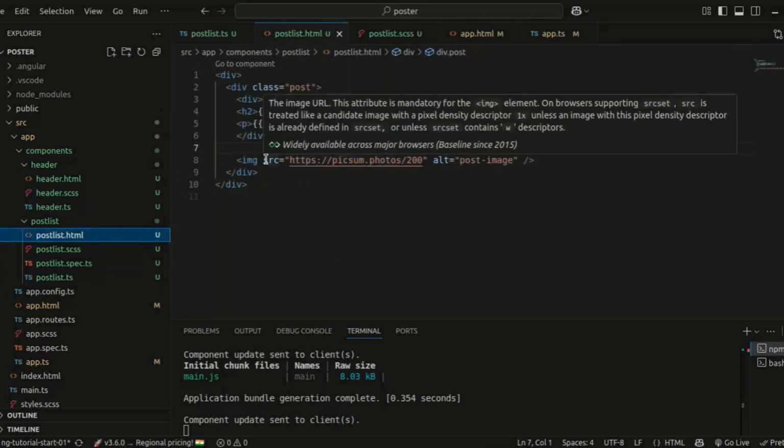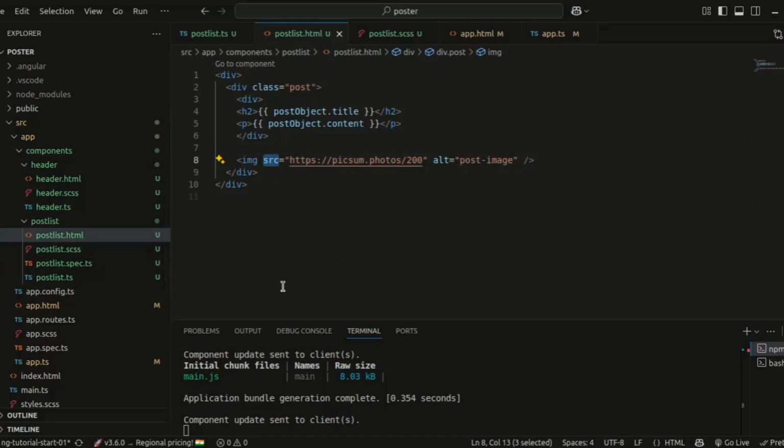You do this using property binding. Property binding itself says that whatever properties you have inside your TypeScript file can be bound into your HTML file, the postlist.html over here. So to bind a property into your postlist.html from the postlist.ts, that is the component, into the template part,